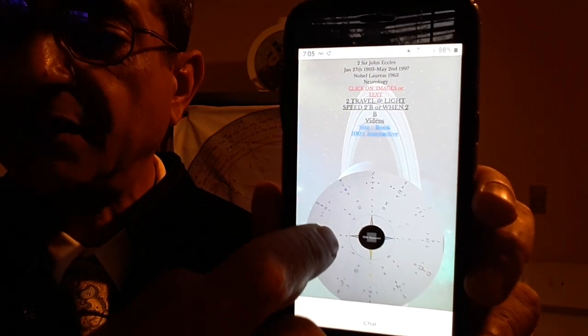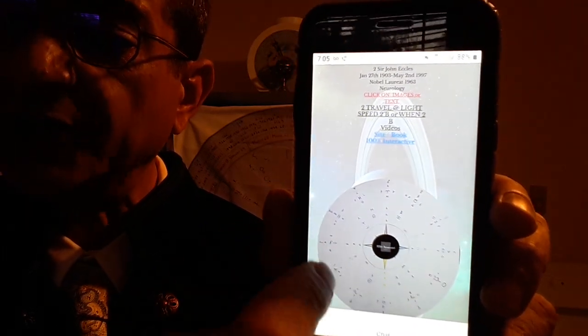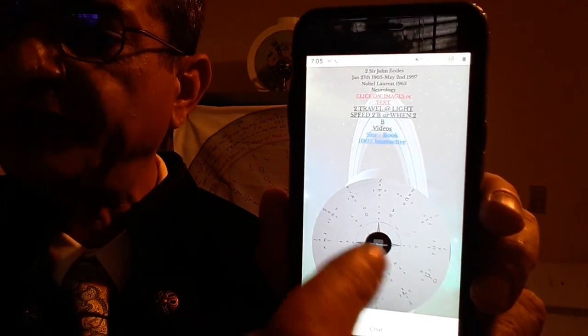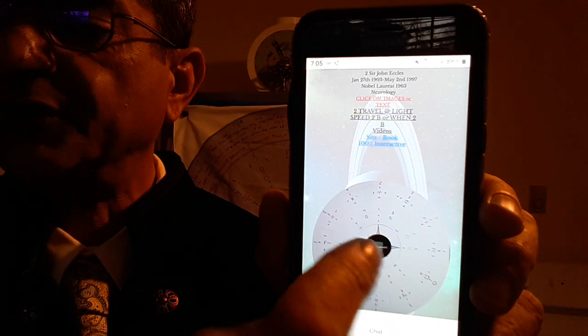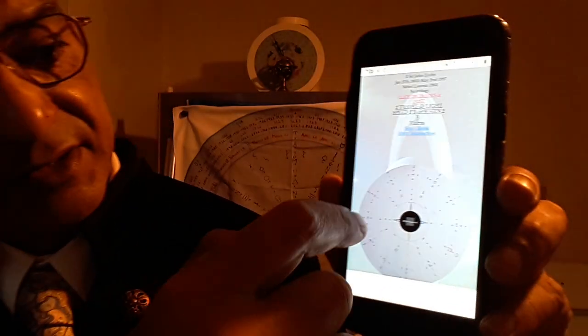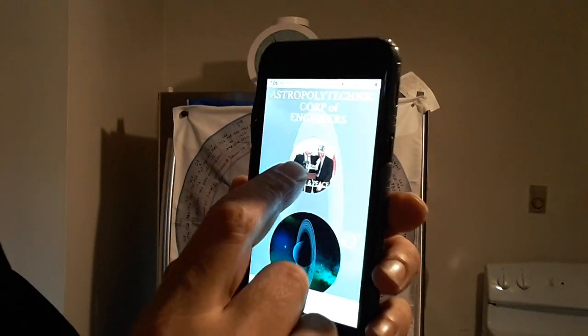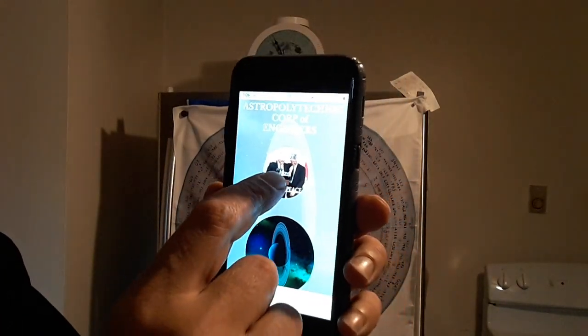Even on this icon, there's 2 video links. One on the outer, which introduces the geometry of the alphabet, and one on the inner link.